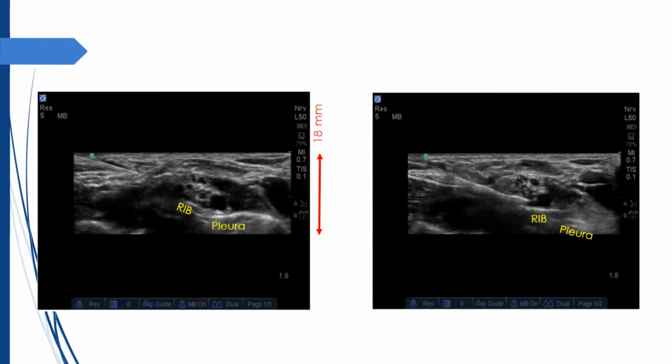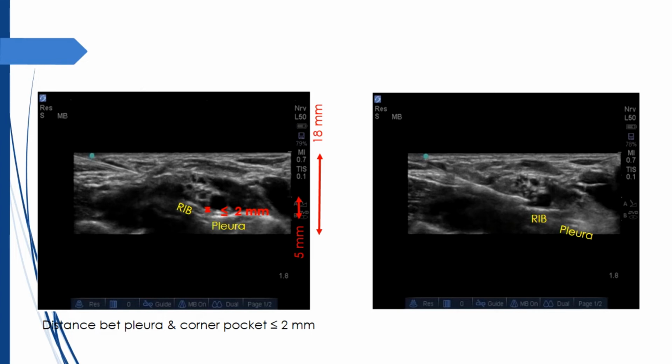Here the depth is set at 1.8 cm. That means the distance between these 2 points is 5 mm. And the distance between the needle tip and the pleura is actually less than or equal to 2 mm. That's how close they are. So no doubt why this block was not favored in the pre-ultrasound era.